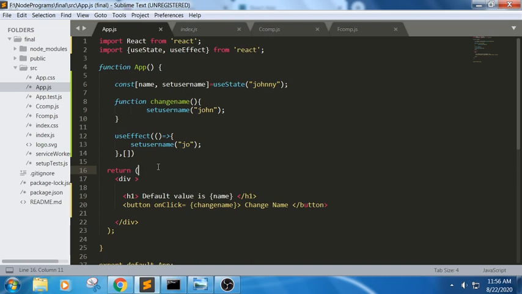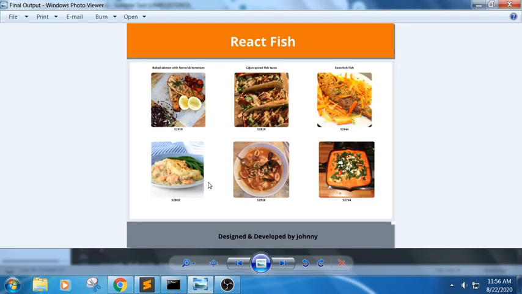From all these concepts, whatever we have covered, class component, functional component, props, events, useState and useEffect, plus arrays as well as map, we will try to implement the application which we want to do now. See here, this is what we want to do. This is not about static images. We won't take static images, in the sense of storing the images in the images folder and using them.